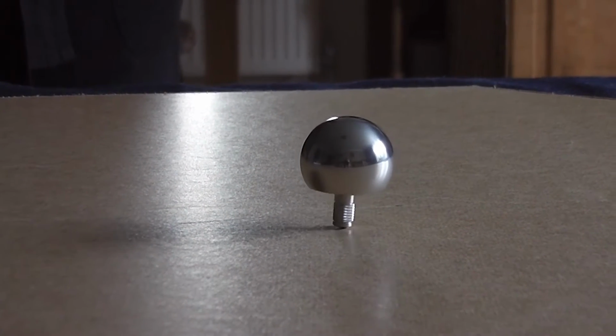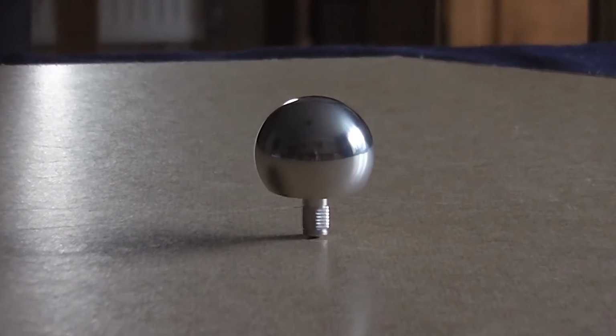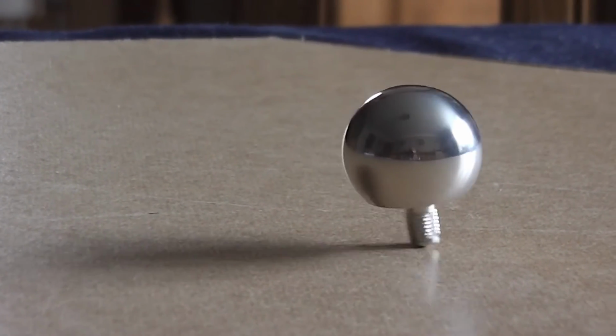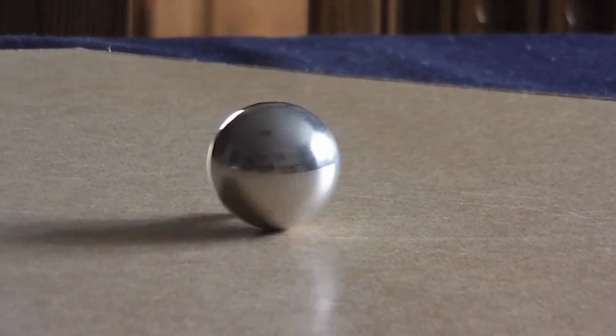You start off the way you would think it was stable, but when you spin it, it actually turns over. And it stays like that. This is real time. It stays like that for a little time. And then, of course, eventually, a little bit of friction means that it falls down. If you missed it first time,